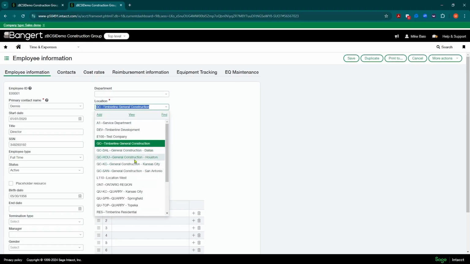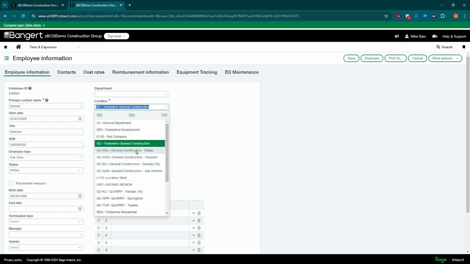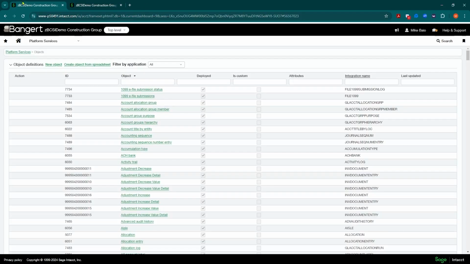You'll notice here, for example, the general construction company, Timberline General Construction, has 4 locations. Let's say one of them is commercial, Dallas, and the other 3 are the same departments of service. So we can have a trigger set up that whenever one of these locations is used, it can trigger a department to fill right in the system without an API call. We're going to do that in this series and show you how to do stuff like that.